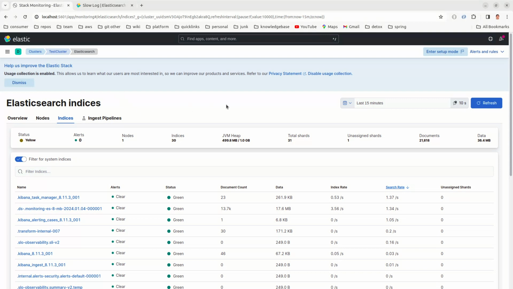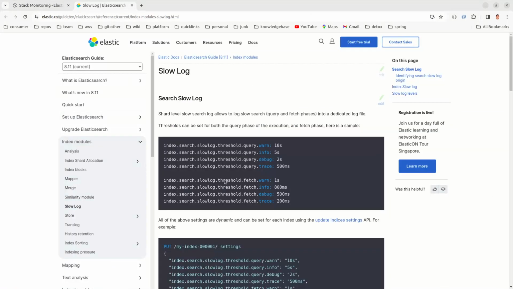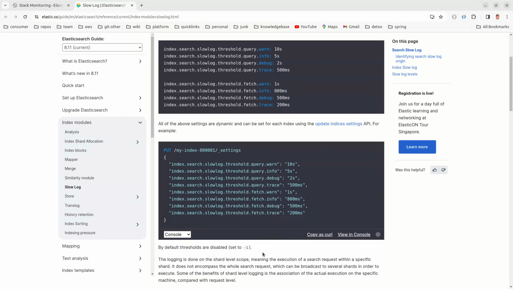And the next thing you should probably do in your production setup is to enable slow queries. You can check out the link, I will put this link in the description, on how to enable these slow logs. This is on the index level, so you can set different thresholds. If a request is taking more than 10 seconds, you can log that separately and check out what kind of